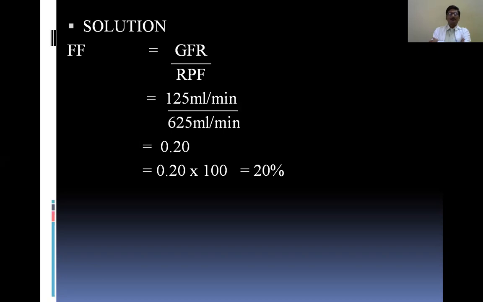I hope you understood all these calculations and the rationale behind them. Sometimes the same clearance formula can be applied to assess the concentration and dilution property of the kidneys, for which we use what we call osmolar clearance. In this case, instead of simple C, it will be C osmolar. C osmolar is equal to U osmolar, urinary osmolarity, times flow rate, divided by plasma osmolarity.